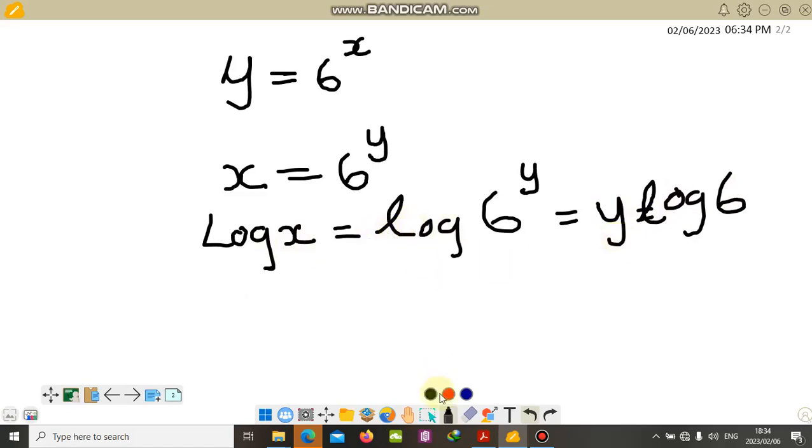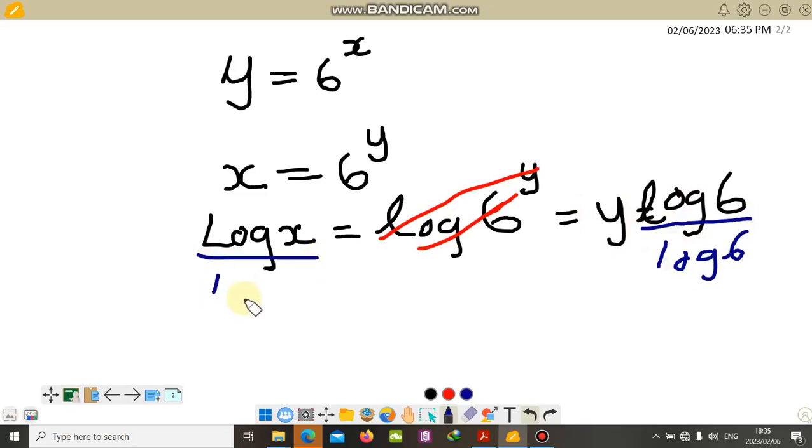So guys, let me remove this part so that it does not confuse us. So this came from that. So now from here we have this and that. Because we want y, let us divide both sides by log 6. So what will remain on this side? Going to remain only with y. So I can say therefore y is equals to